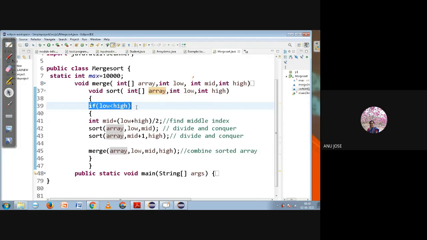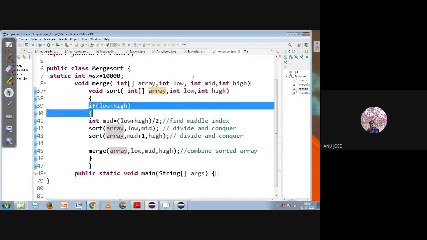Why should I check if low is equal to high, means what? Low value is 0, high value is 0. What does it indicate? How many elements will be present in the array? If low is equal to high, one single element. So the sorting is applicable only if the array size is more than 1. So that condition is checked over here.